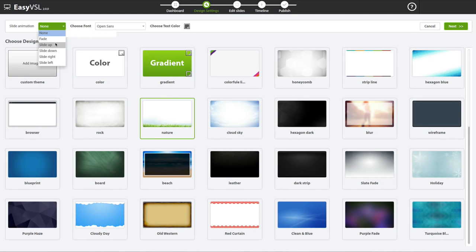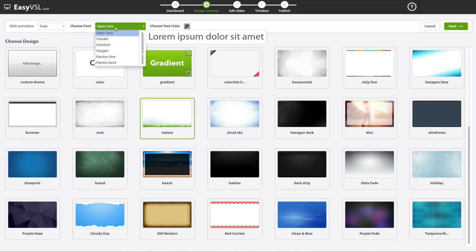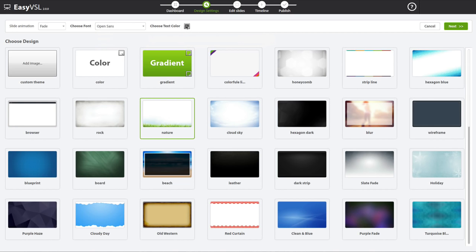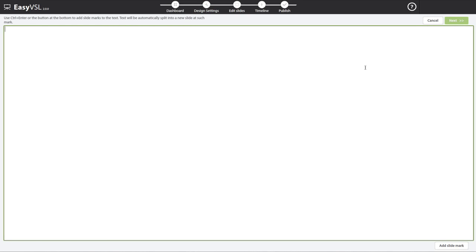And you can also choose an animation for each slide as it transitions. So I'll just use a fade. And then you could also choose from our dozens of fonts as well as the color. Okay. Once you've done those basic options, you're going to click on next, and it's going to ask you to